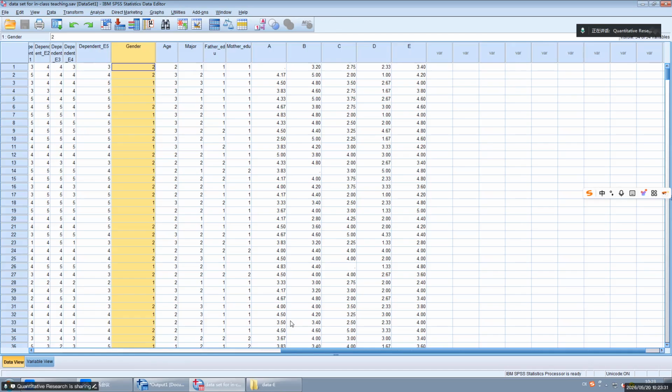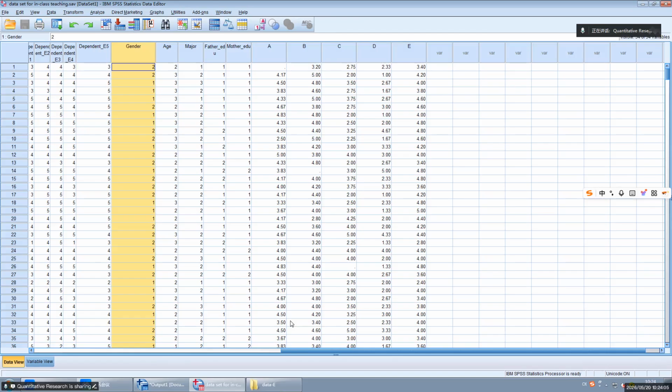So here, gender, 1, 2, 1, 2. This is gender, right? This is nominal scale. So I want to change it to a dummy variable for male.